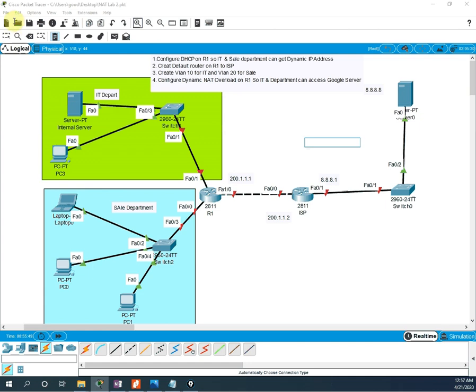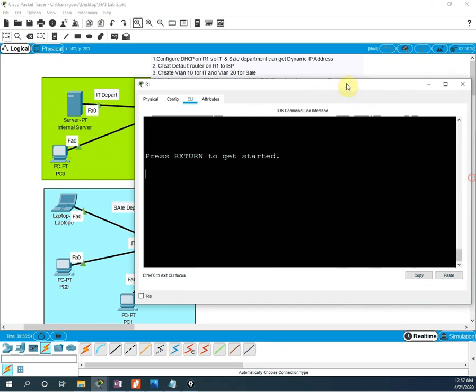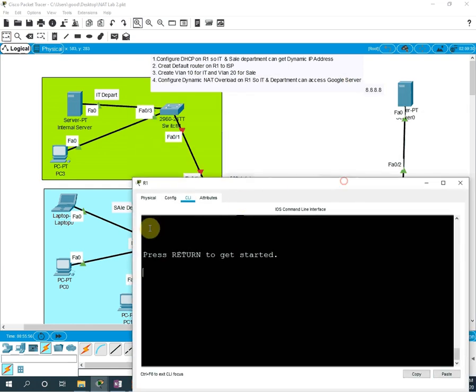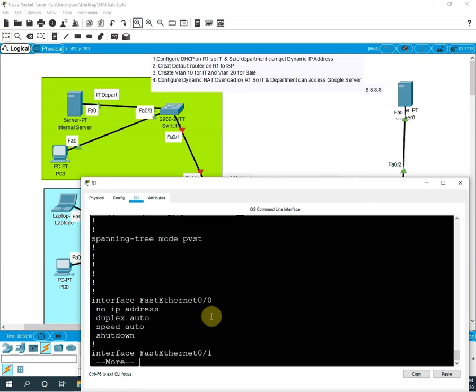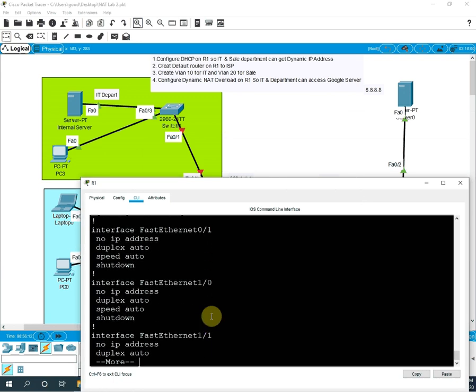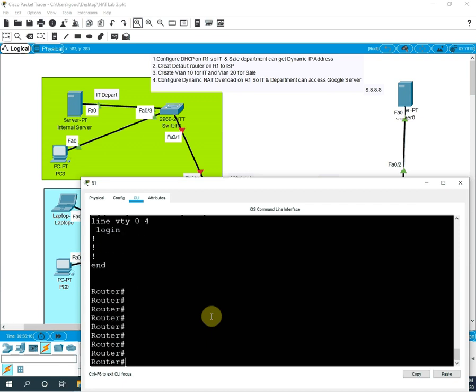So let's start the configuration. Before that, let's go and check whether anything is configured in this router or not, because we need to check if anything is given. So I will write first how we will check whether anything is configured. We will write show run and then press enter. You will see nothing, the host name is Router by default and nothing is here. No interface is assigned any IP address, nothing is present in this. NAT is also not done.